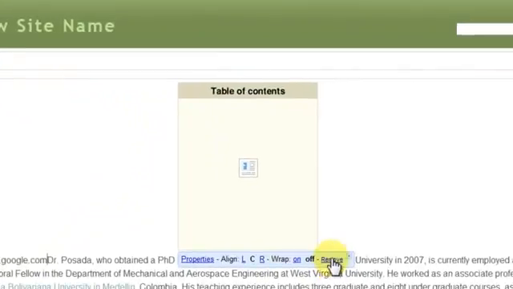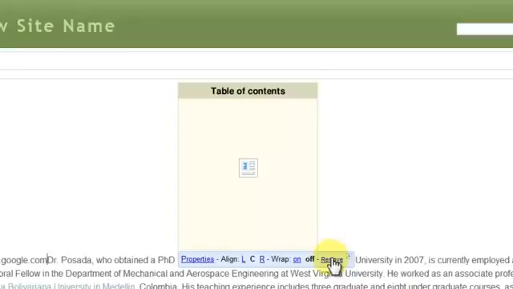Now what I did right there was I removed the link. There's both a link and the gadget properties. If you clicked on this gadget, it would actually take you to the table of contents. Just like on an image, if you click on an image, it'll take you to the big picture of the image. If you want to remove that link without actually removing the image or removing the gadget, you need to